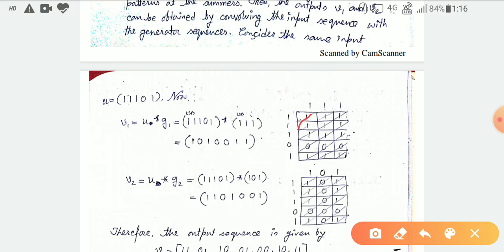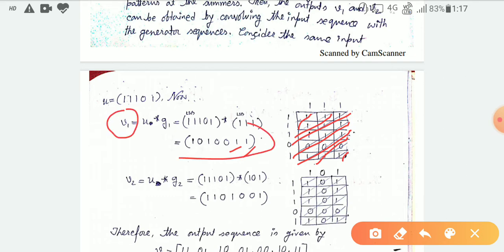So this will be 1. Now this is 1 plus 1, it is 0. Triple 1, that means it will be 1. Again this is 011, so it will be 0. Then this is 101, so it will again be 0. Then this is 10, so this is 1. Look, this is 1. Lastly 1, so this is 1. So for the